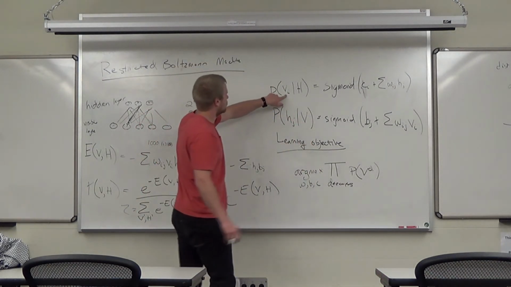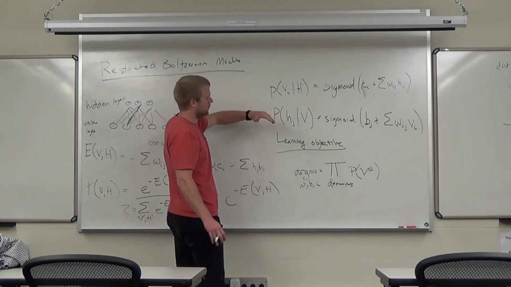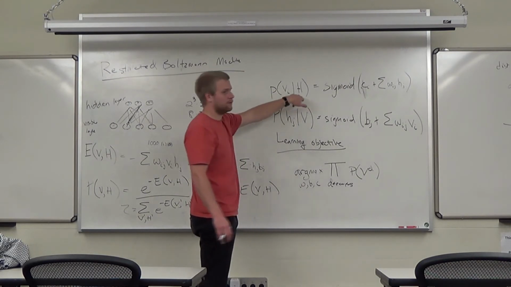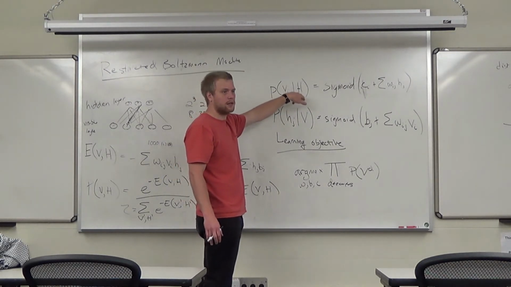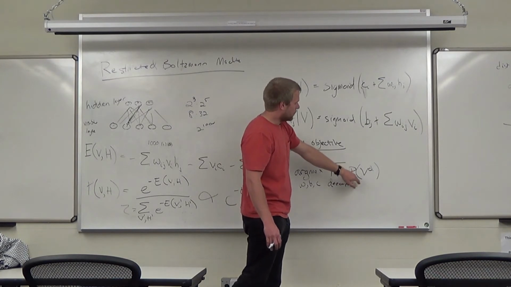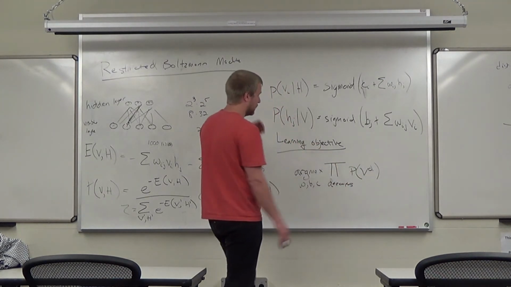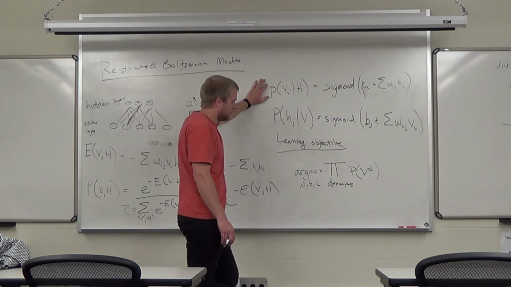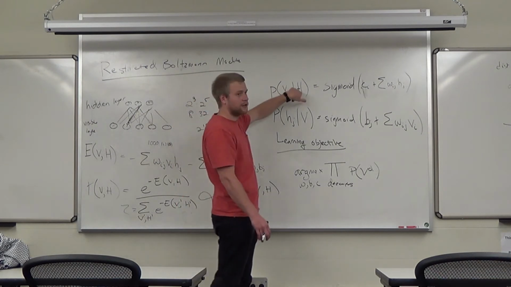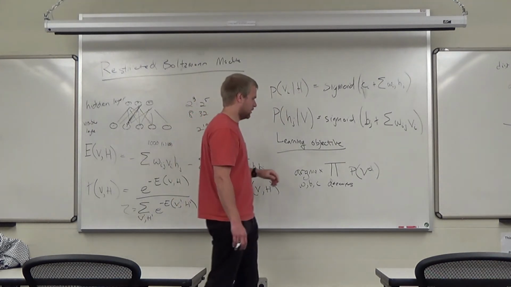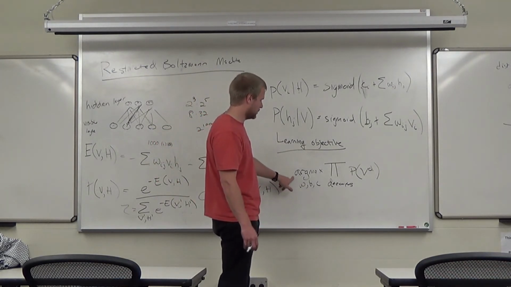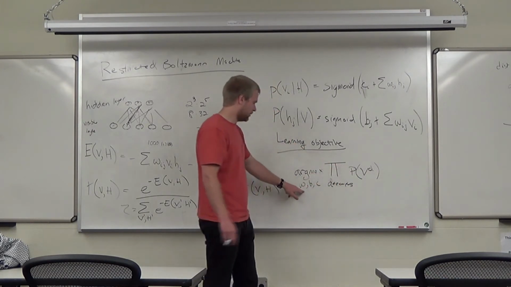So you can compute the probability of a given visible unit by summing over all the possible configurations of hidden units. It's just basic probability. So what I'm saying here is you can get this probability of a given visible layer by computing this for every single possible hidden configuration. Now that may be intractable to compute, but that's okay because we're just worried about maximizing this value given the